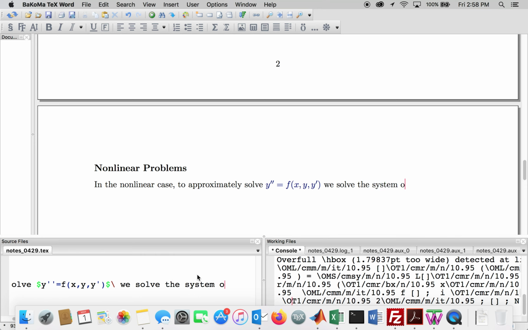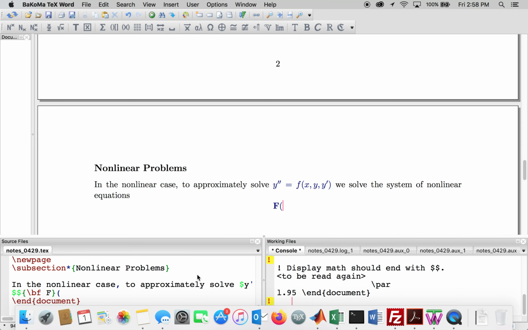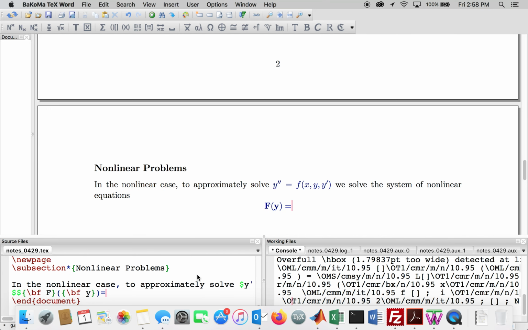We solve the system of nonlinear equations F of y equal 0. I have everything in bold here because everything in this equation is a vector valued quantity. So y is a vector of our unknowns, y1 to yn, our solution at our equally spaced interior grid points. F is a vector valued function of y, characterizing the spatially discretized ODE. And here we have a 0 vector. So this n vector must be equal to 0,